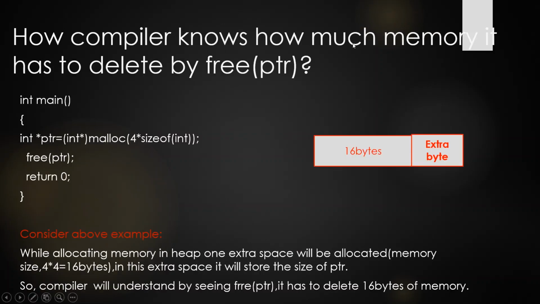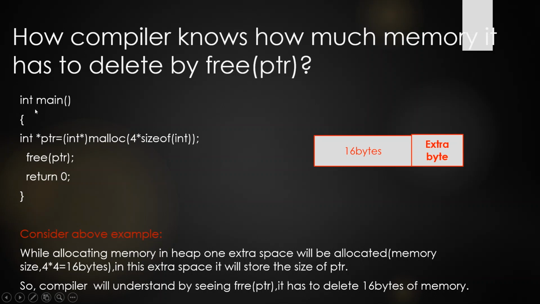How does the compiler know how much memory has to be deleted by free(ptr)? See, we are clear that the free library function is used for deallocating memory. By seeing this ptr, it will deallocate the memory which we have created with malloc or calloc. Clear? But how does the compiler know how much memory has to be deleted? Here,